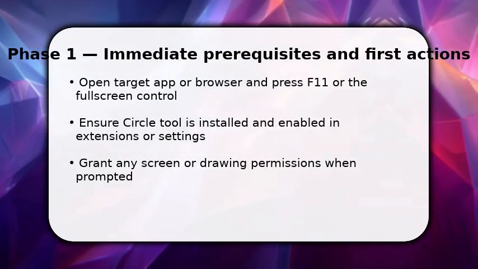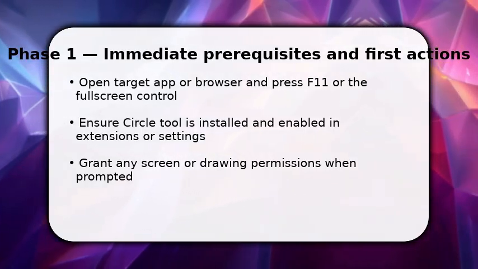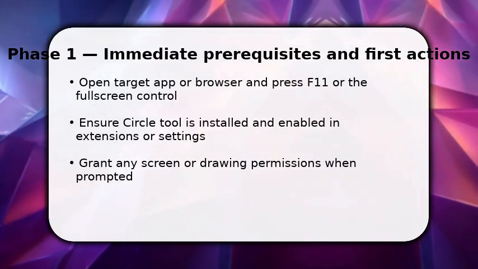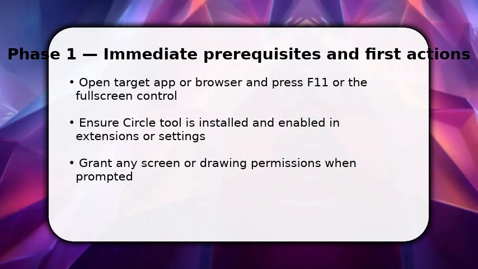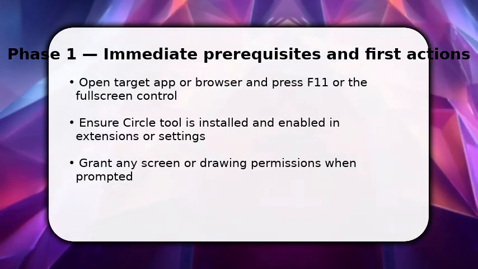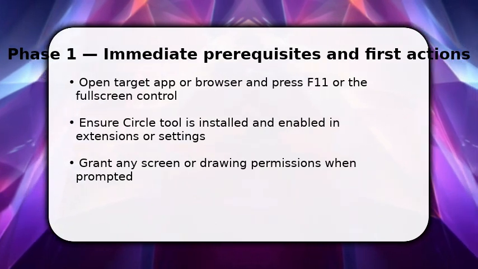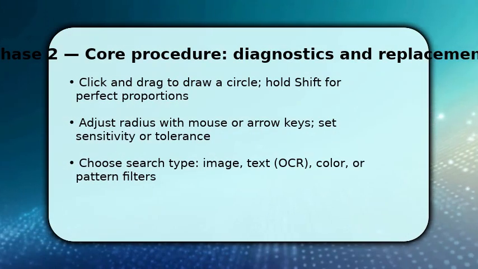If the tool asks for permissions, grant screen or drawing access so it can sample pixels. This step gets you into the working context quickly, because Circle needs full screen to capture and search the exact area you choose. You draw the circle over the area you want to search, click and drag, or hold Shift